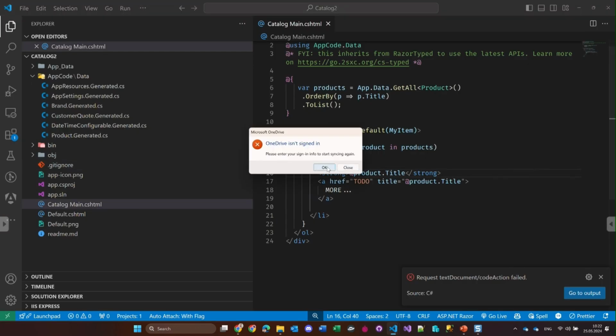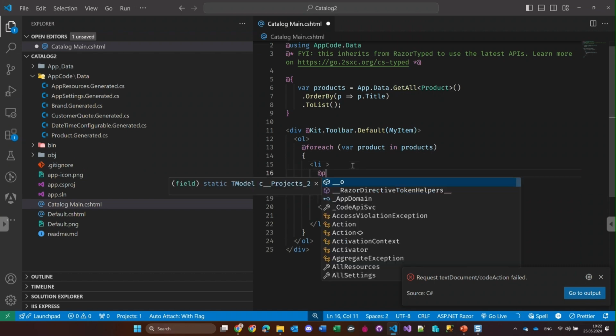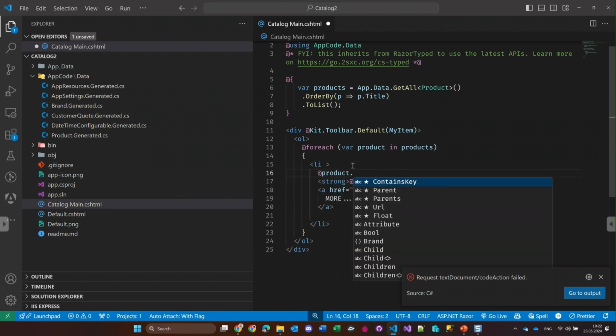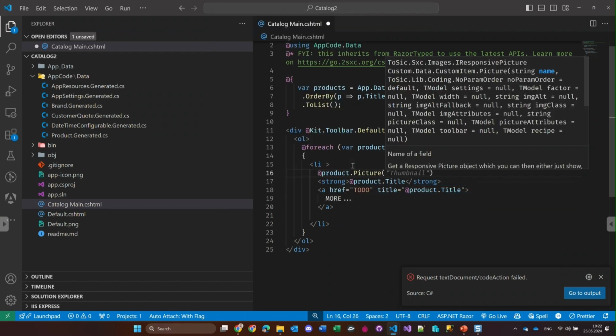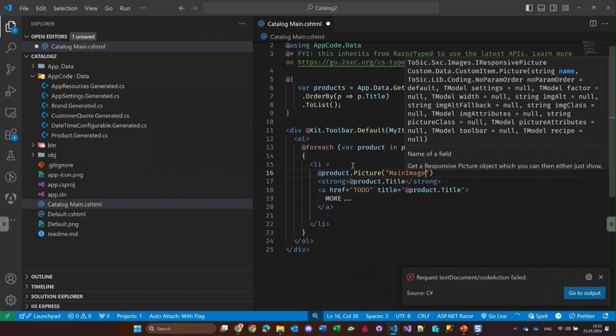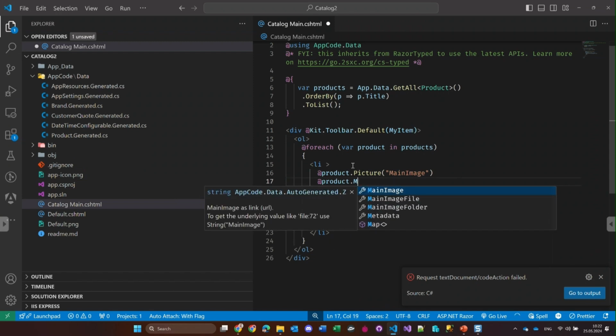And we could add, well, okay, I don't care. And of course, maybe we're going to need the picture of the bird here because you never know. And here we go again. I need the picture. And it does something apparently. And I think it was called main image. The reason, I could also just do .main image, but then I would just get the URL. So is that what you get? Yes. Okay. So add product.main image, and you'll, by the way, see we auto-generate 3 properties for every